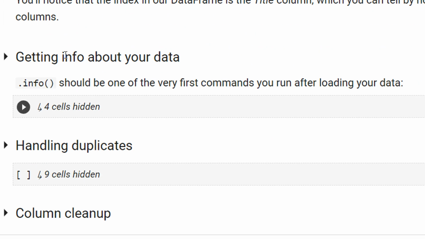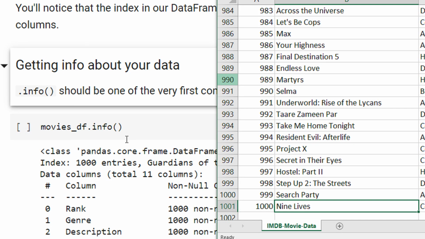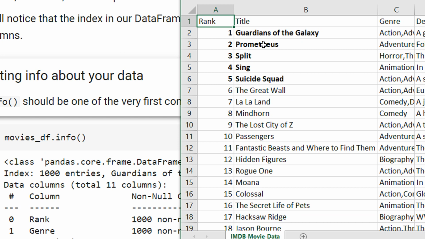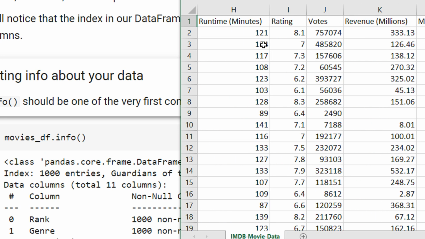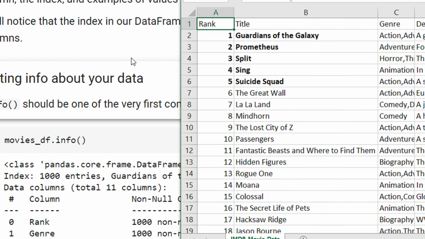So now let us see how we can get information about the data. As you can see here, we have roughly 11 columns in this file. Let me just press Control M. See, you have so many columns here: 11 columns and 1000 rows. Now, head and tail are fine, but if you have 1 million rows, you cannot see line by line what is happening.